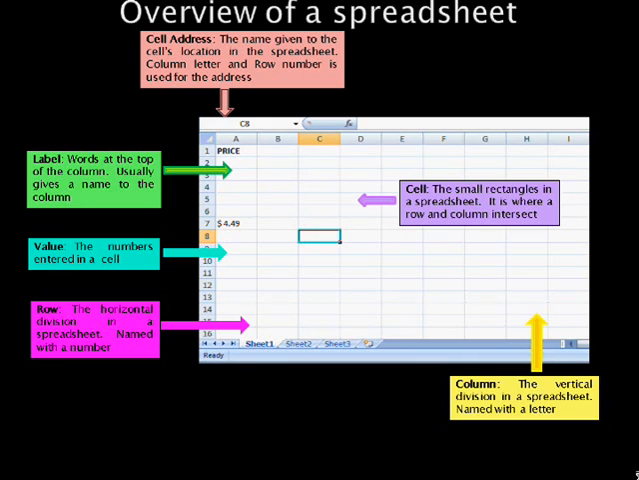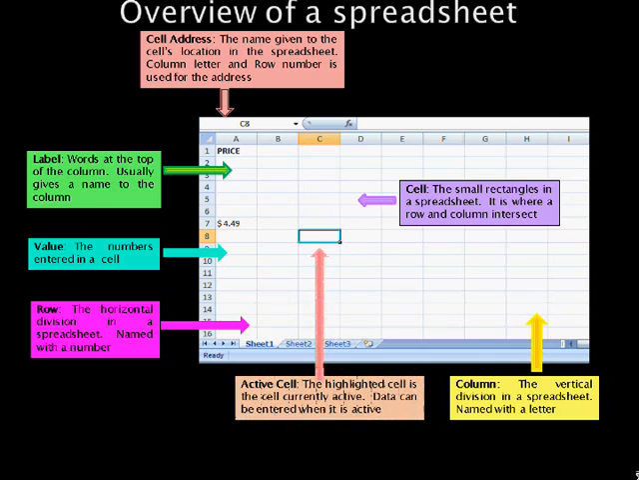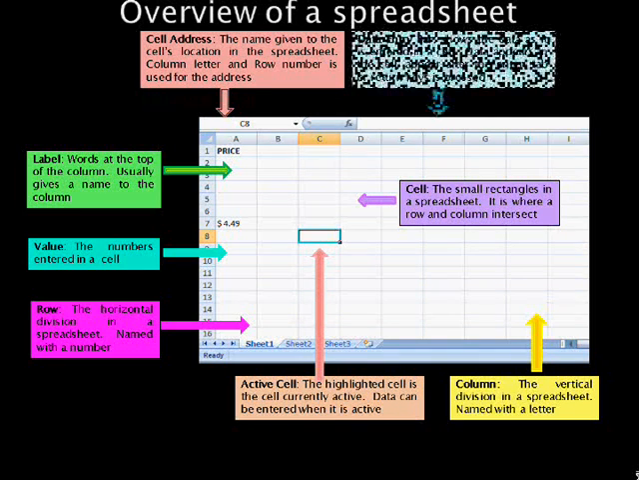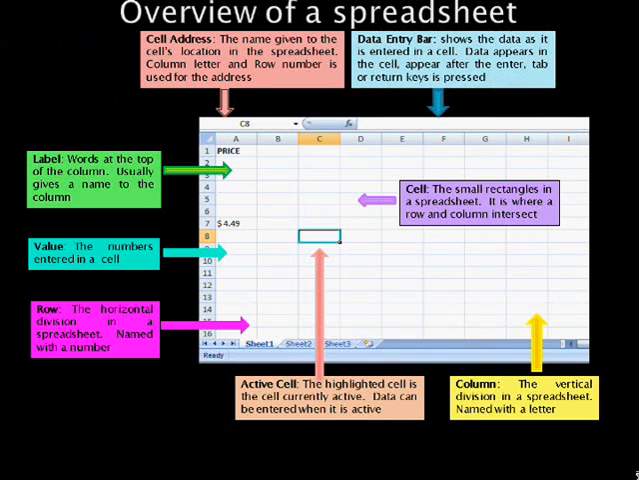While working with the spreadsheet, the cell pointer points to the cell where data is to be changed or entered. The selected cell is known as the active cell, and the data entry bar shows the data as it is being entered in the cell. The cell pointer can be moved using the tab, arrow keys, or the mouse, in the same way as in a word processor. The basic features